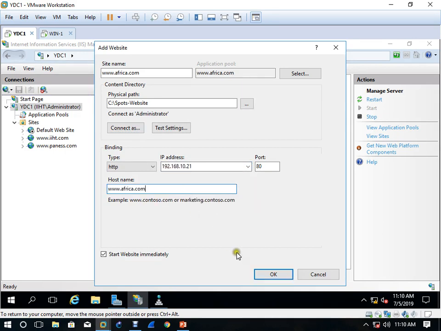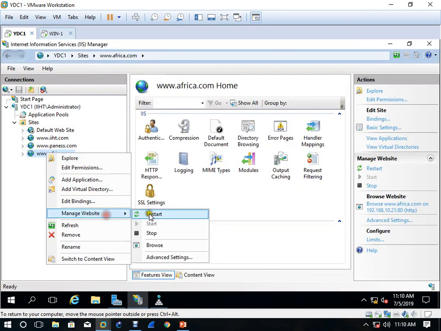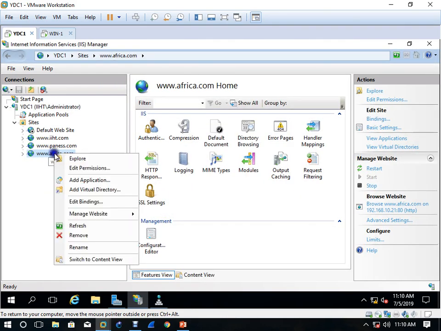Twenty-one. Paste it. OK. Now once it is done, restart and then browse it.